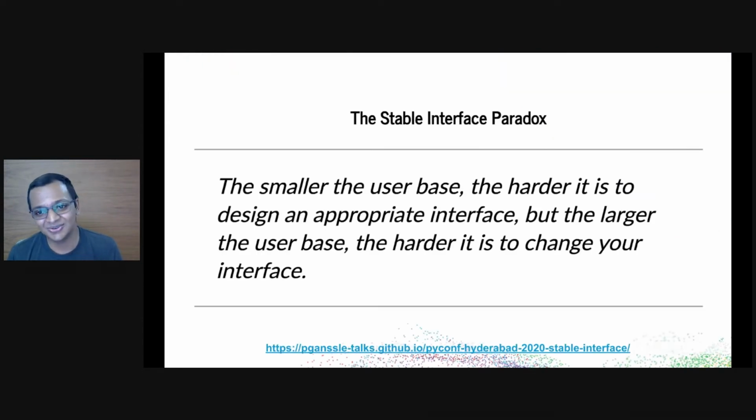More often than not, though, you will need to make changes. There are very few pieces of software that don't need to be updated or improved in any way. That brings me nicely to the stable interface paradox, an excellent idea from a keynote by Paul Gansel, whose work and ideas have already been mentioned in this conference. A project